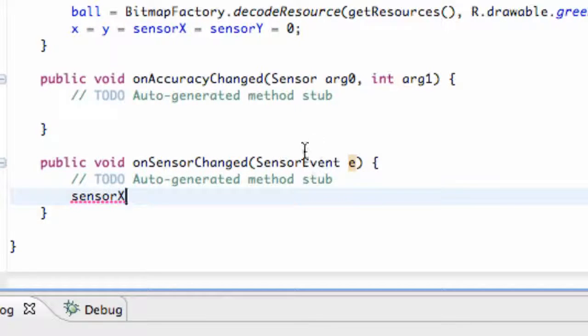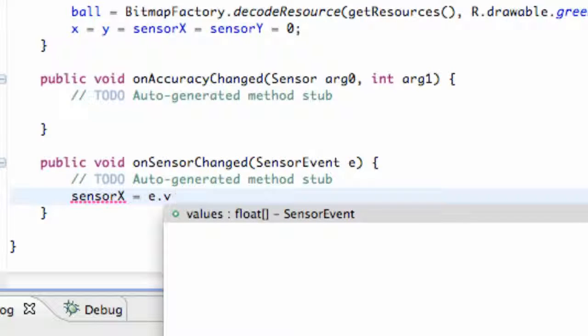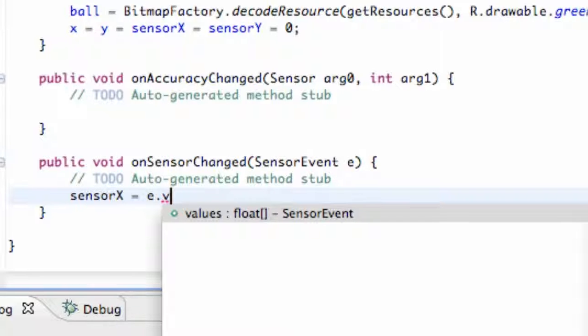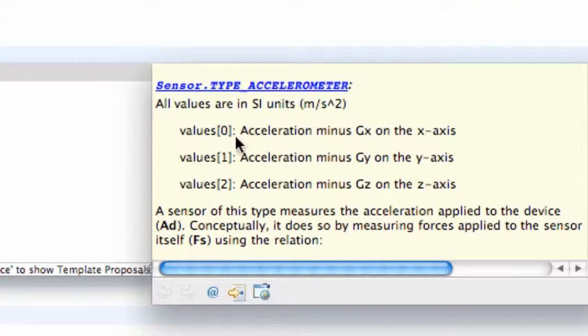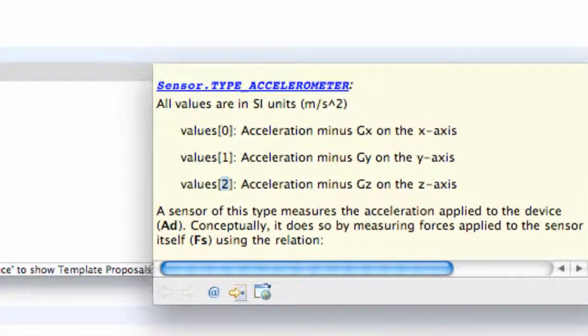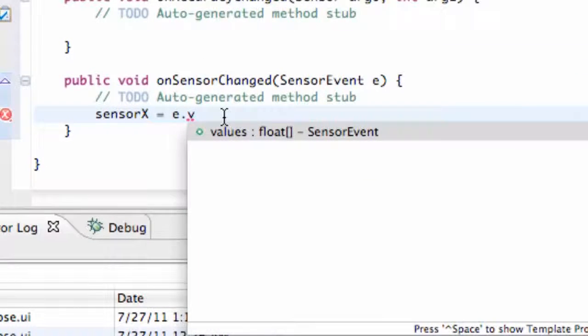Just sensor event is being passed in, so we get an event and we can refer to that event and get the value. So that's what we're going to do. We're going to say e.values, and it returns a float. And let's just scroll over here to the description. If we refer to the value 0, that's going to give us pretty much the direction of the x-axis, and the 1 is going to give us the direction of the y-axis, and the 2 is going to give us the direction of the z-axis. So for our sensorX, what we want to do is we just want to say the